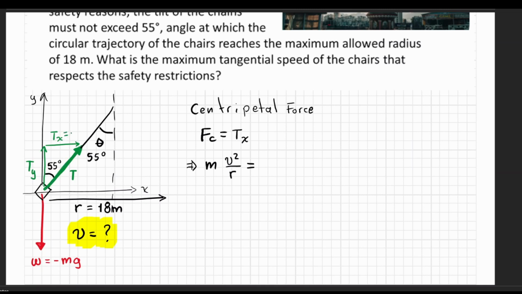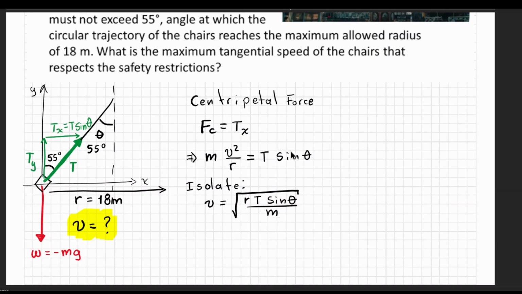So this must be the total tension times the sine of the angle. So we have the tension x is tension sine of the angle theta. From here, we can isolate the velocity, which is the quantity that we need, and we get